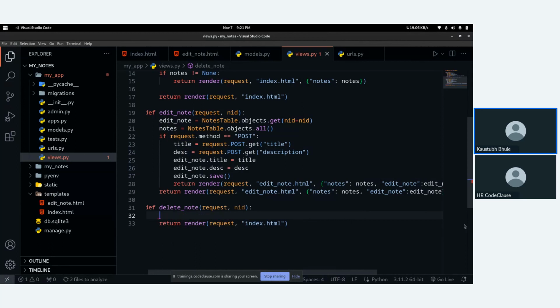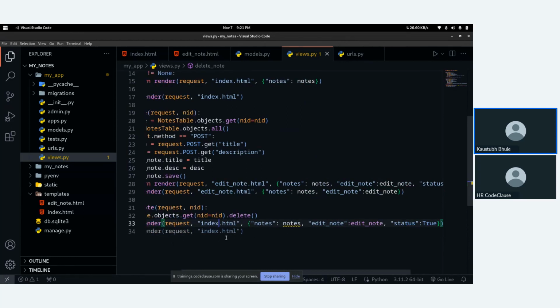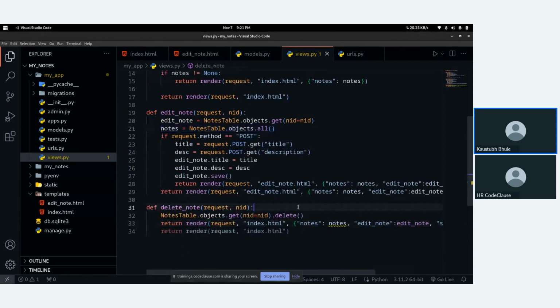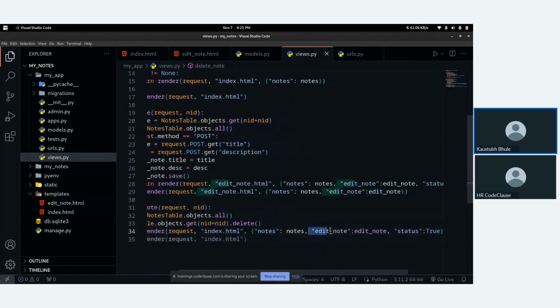I can also do this. So instead of passing to the edit node, I can also use index.html. I need to load all the nodes again. So instead of edit node, we will remove this. We will pass status true.